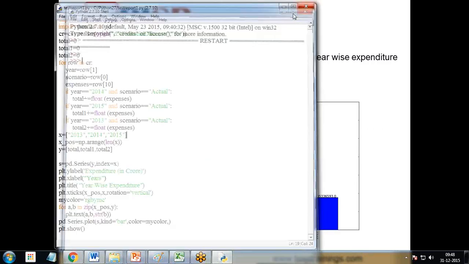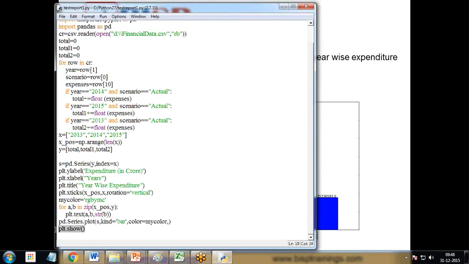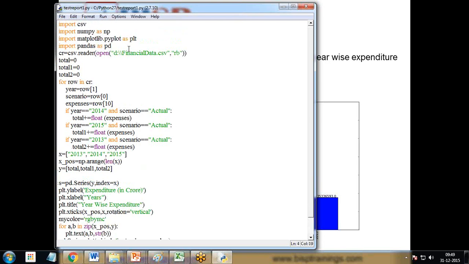Now my next requirement is, instead of displaying the bar graph here, I just wanted to save it in a PDF so that I can share it with my users, or I can publish it on my website as well. So in order to do that, we need to do a little bit of customization and import a few more libraries. So first of all, what I'll do is here I write